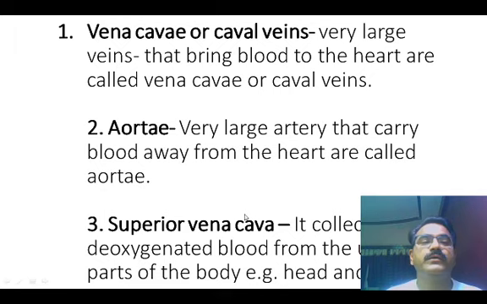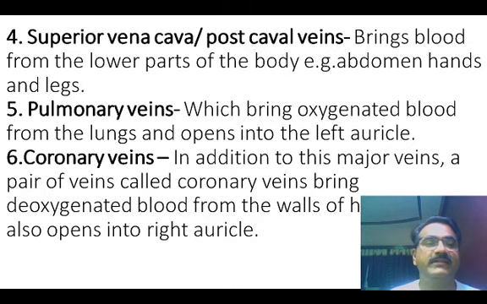So the superior and inferior vena cava, or caval veins, are very large veins that bring blood to the heart. The aortae are very large arteries that carry blood away from the heart. The superior vena cava collects the deoxygenated blood from the uppermost part of the body, and the inferior vena cava collects the blood from the posterior-most end of the body. Then the pulmonary veins bring the oxygenated